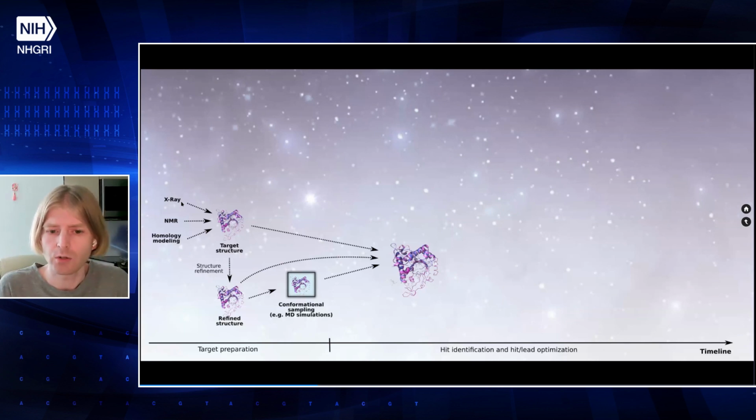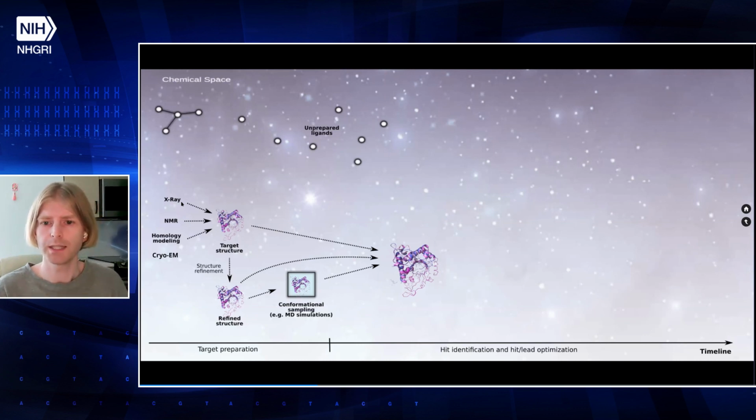Homology modeling is also an alternative in some cases. The second ingredient are the small molecules which we want to screen. So here, the space represents the chemical space, and the white circles on the top are ligands,